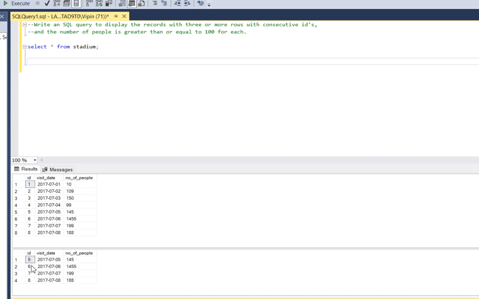So these are the 5 consecutive IDs. In this 1 2 3 4 5 6 7 8, we have 5 6 7 8, 4 consecutive IDs where number of people is greater than 100. So for this, what we have to do, first we will put a filter on the number of people